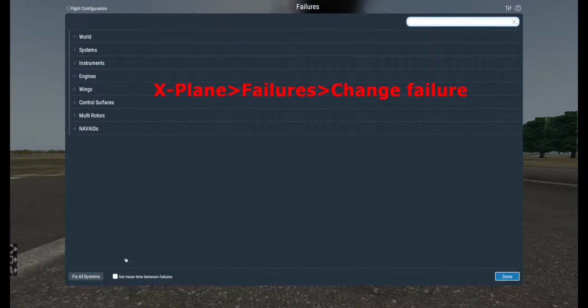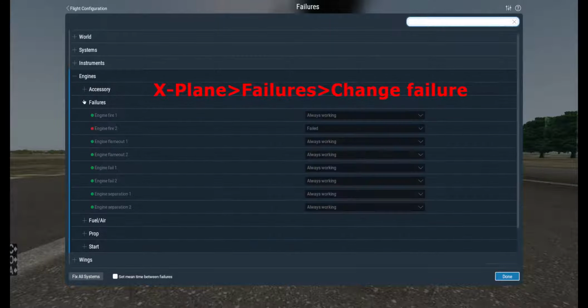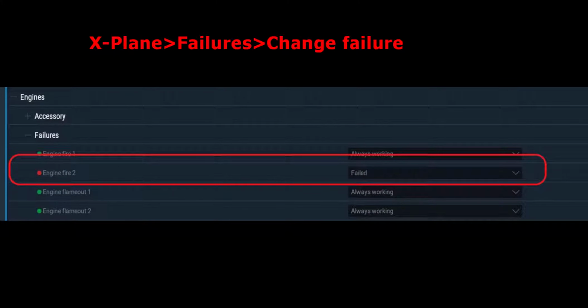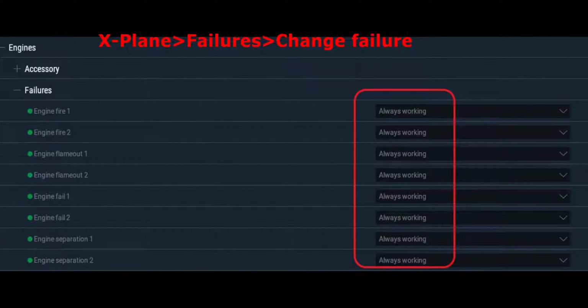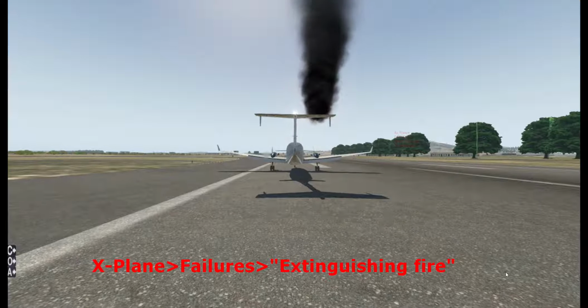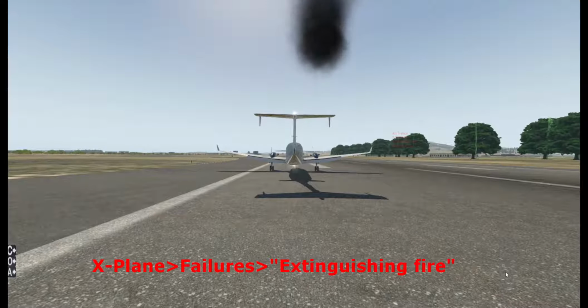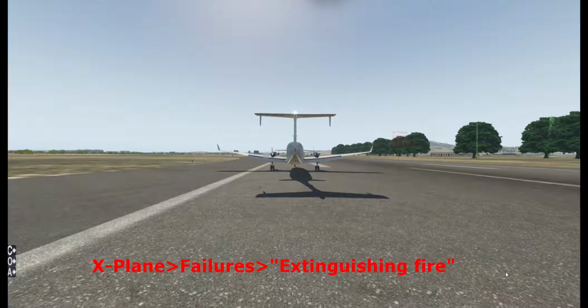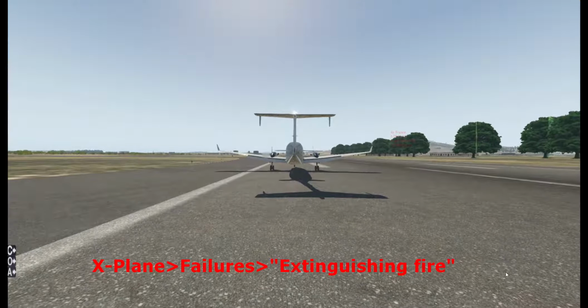But I simply suppose here that somebody will be there to extinguish the fire. I simulate this by changing the engine failure from fire to failed. Thereafter, the engine will not show flames, but will stay out of order.